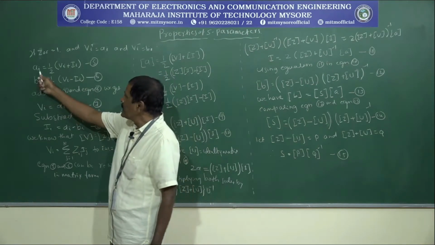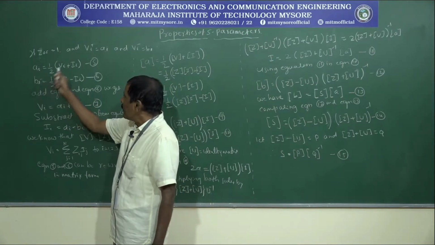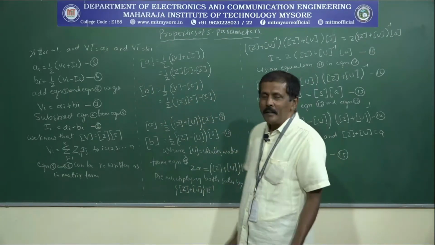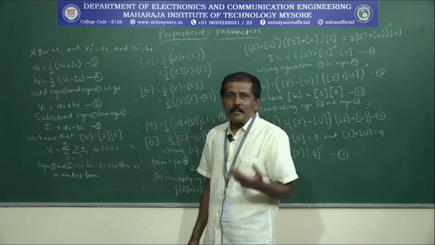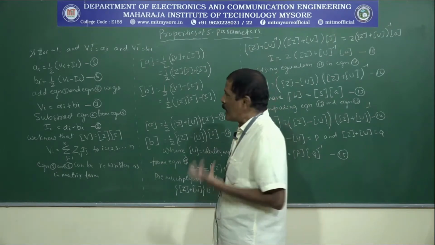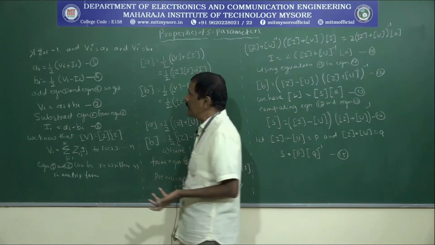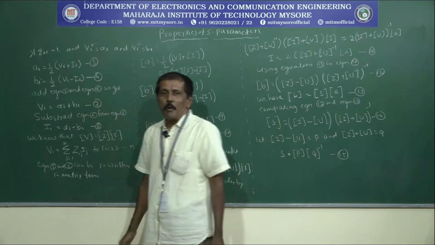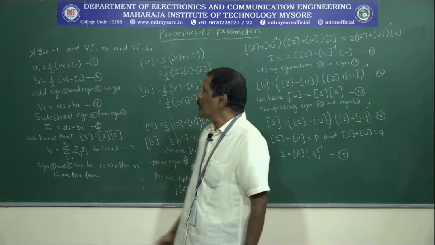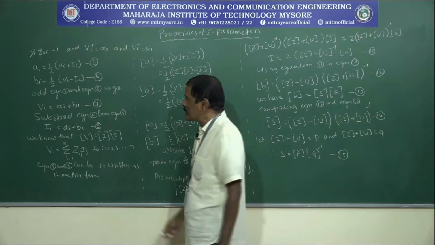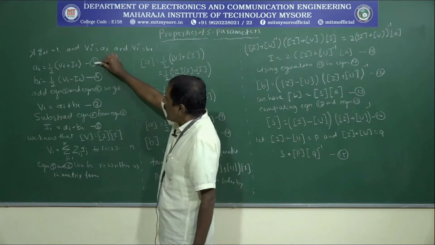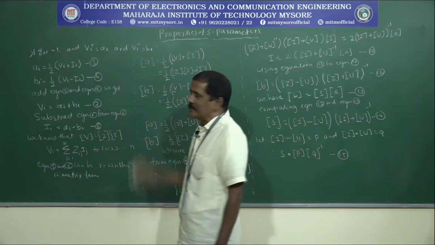Here, whatever the i is specified, i is a particular port. The value may be any value from 1 to n. i may be 1, i may be 2, i may be 3. It says on which port or which line you are measuring the voltage and the current. Then we will add equations 5 and 6.